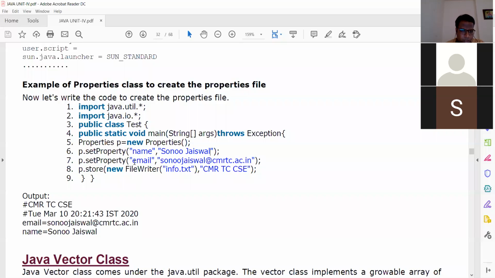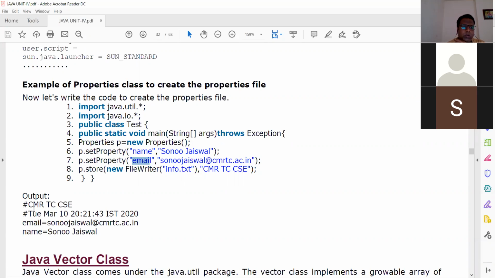p.setProperty, that is email, is Sonu Jaiswal at cmrtc.ac.in. Then p.store. Now I am going to store these two properties in a new FileWriter. File writer, you know how to use it, where I am using the IO class. Here the file name is info.txt. Here CMRTC CSC.